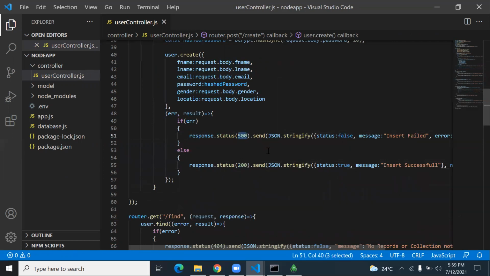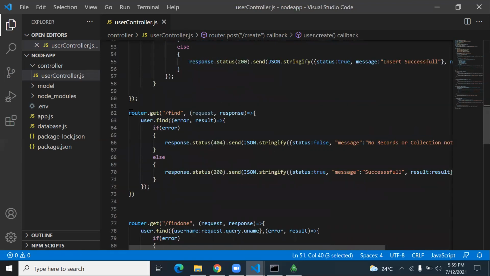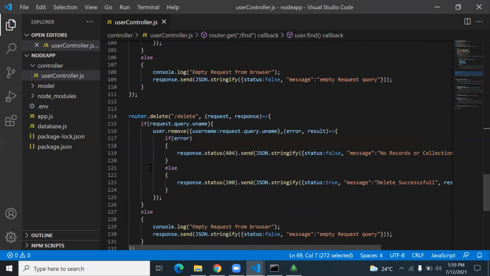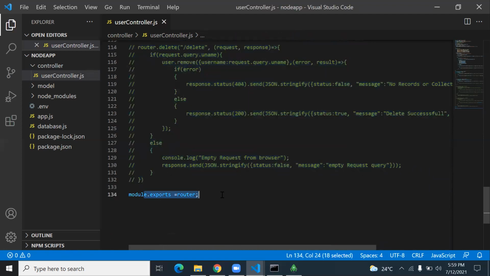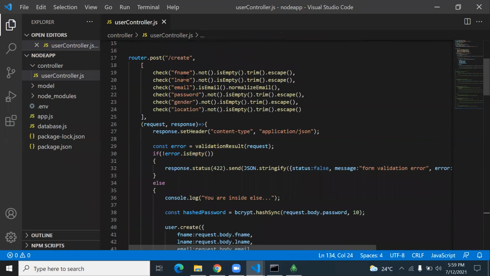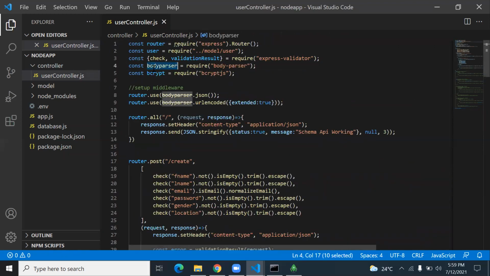as a status code. Now see, React is going to call the backend server, correct? React is going to call the backend server. So these things I keep hidden, later we'll think on it. So here is the module export router. The body parser we added, bcrypt.js I have not added.